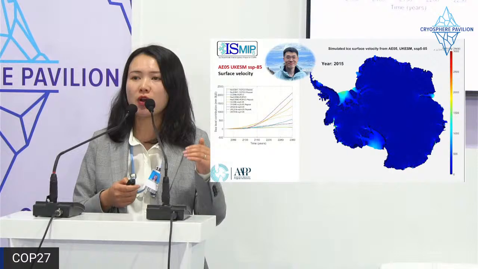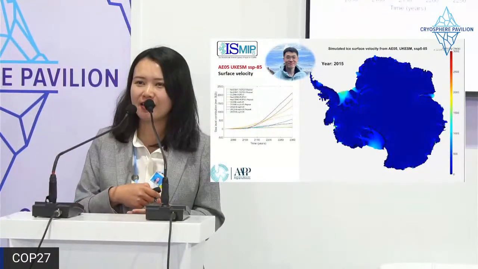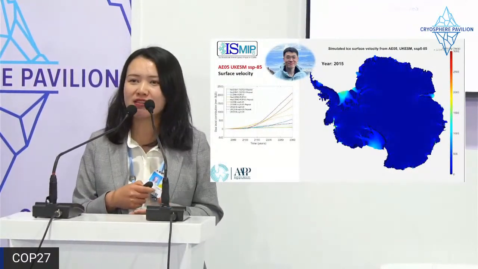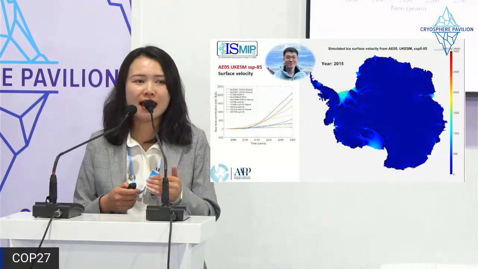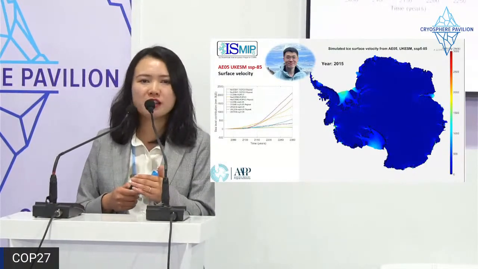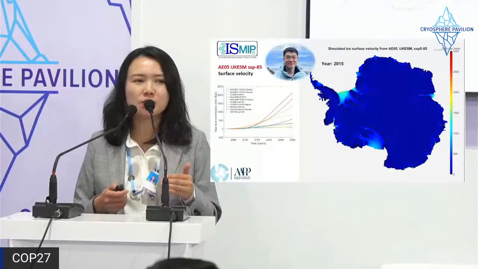Another thing I want to mention: please pay attention to the black line here. The black line is just what I mentioned, the grounding line. That's where the ice becomes floating. It's very important for our ice dynamics because that's where the